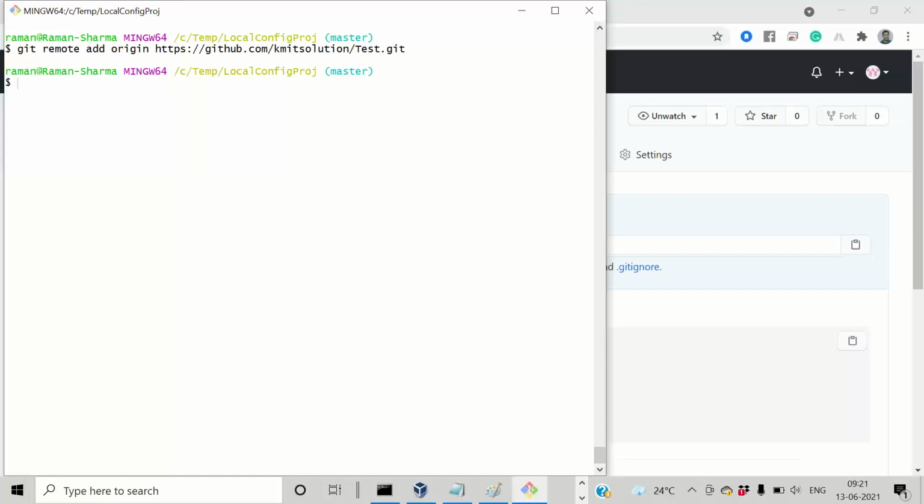So if I say git push origin master, it means I am pushing all the commits of my master branch to the GitHub repository. So git push origin master. So when I run this command,